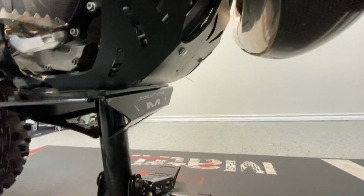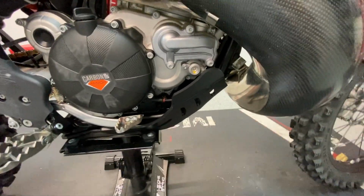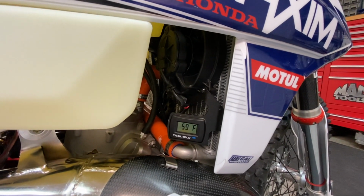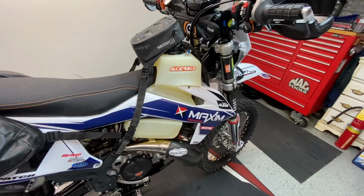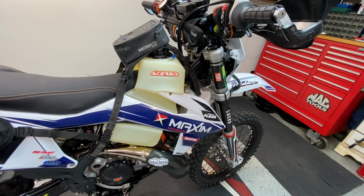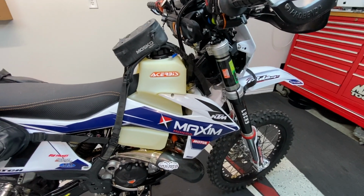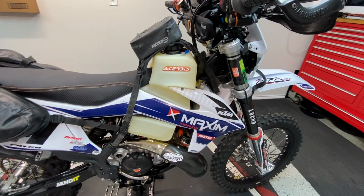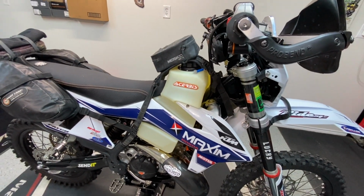Got a Moose Racing skid plate, but it's actually an AXP skid plate. I did put the Trail Tech fan on, and then the Cervus 4-gallon gas tank. I had an IMS 3.0 on there, which wasn't big enough for the Idaho ride, but really they've gotten so expensive, and the 4-gallon Cervus fits just as good. It doesn't bother me a bit, so I'm gonna be selling those